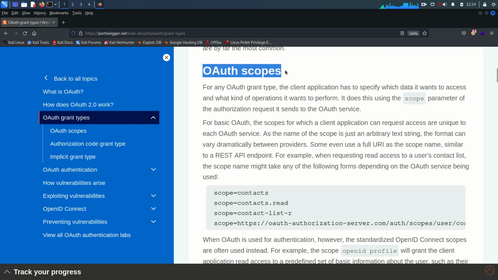Another component of OAuth is OAuth scopes. Because you are going to access the information of the user, you must define the scope before you implement the open authorization, because it is important, right? Because what information you are going to ask the server like Twitter or Instagram or Facebook, Google, you must identify that, or you must select what information you need regarding the user, so that the user can give you the